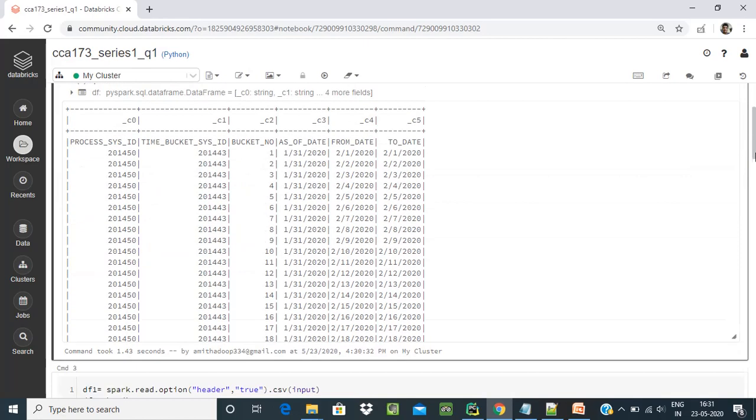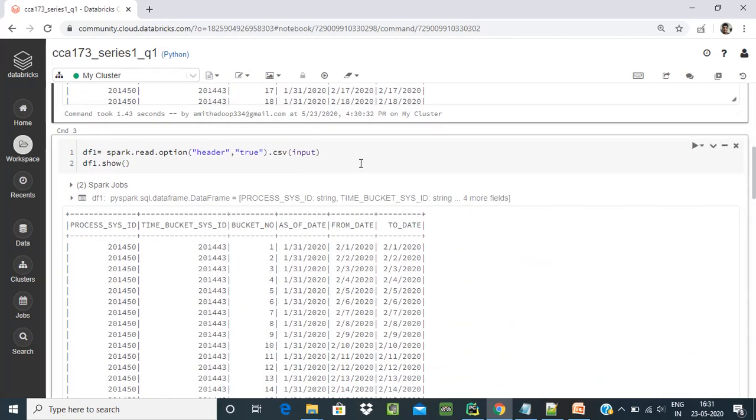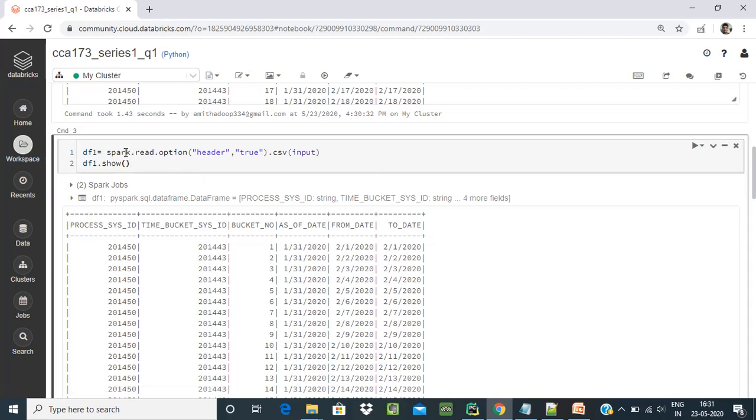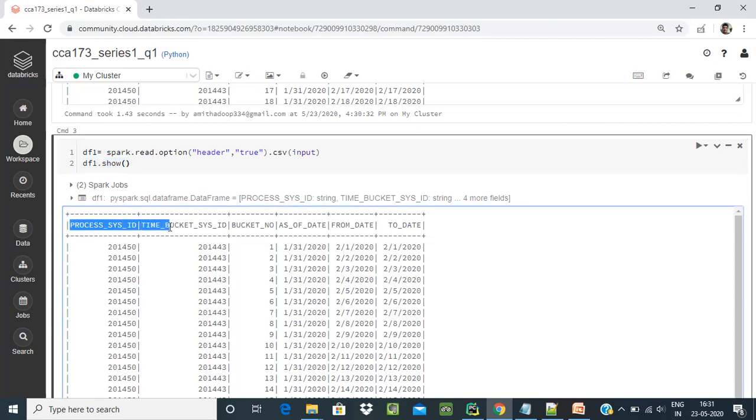Next, I am giving spark.read.option and I'll give some configuration here: spark.read.option header true. If I give header true and use the show method, it shows all the information, and now you can see the column names. The first line comes under column names.